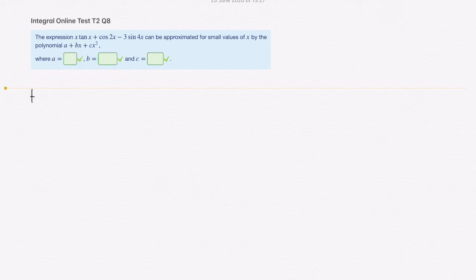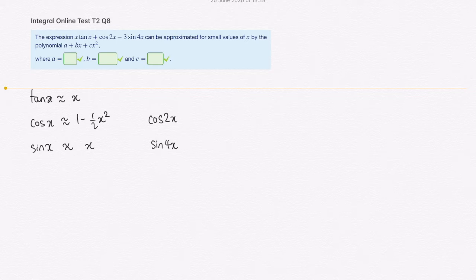We know that tan x is approximately equal to x for small values of x. We know that cosine x is approximately equal to 1 minus a half x squared for small values of x, and we know that sine x is approximately equal to x for small values of x. But we need to be a little bit careful because in this question we have cosine 2x and we also have sine 4x. So using this same idea, we need to replace our x's in our cosine small angle approximation